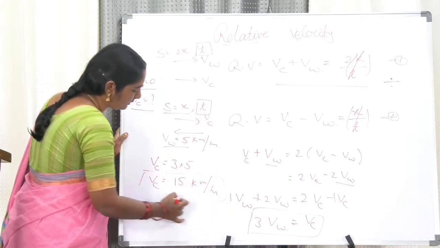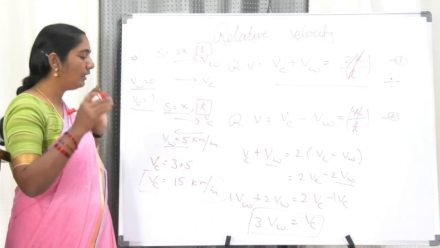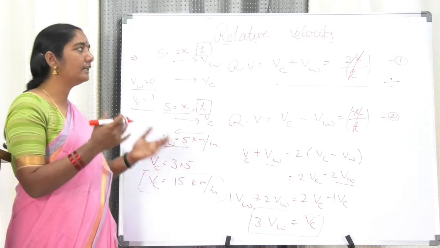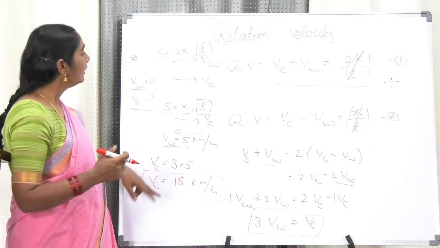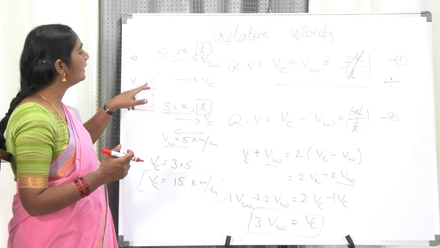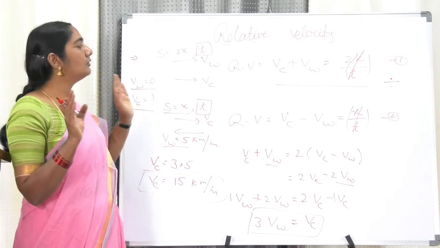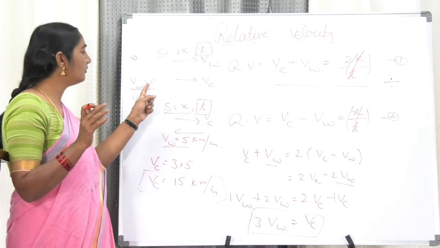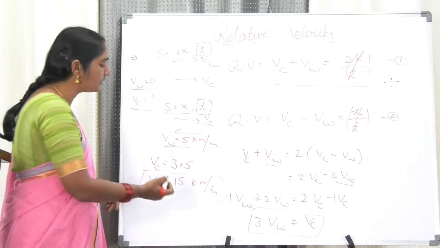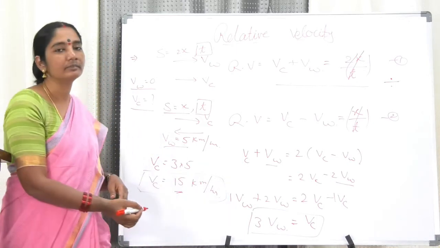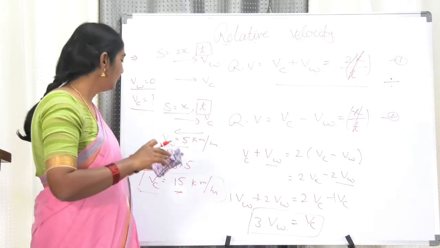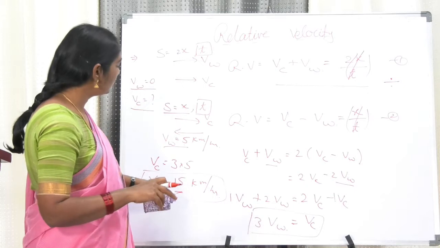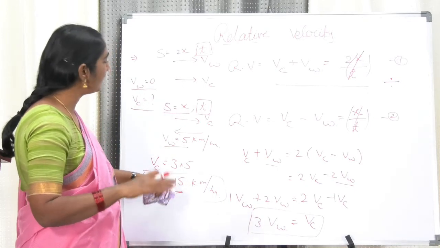My dear friends, now we got the velocity of the cyclist separately; the velocity of the wind was already given. Now when the air is still, meaning the air velocity is 0, the velocity of the cyclist is 15 kilometers per hour. So that is the answer. When the wind velocity is 0, the velocity of the cyclist is 15 kilometers per hour.